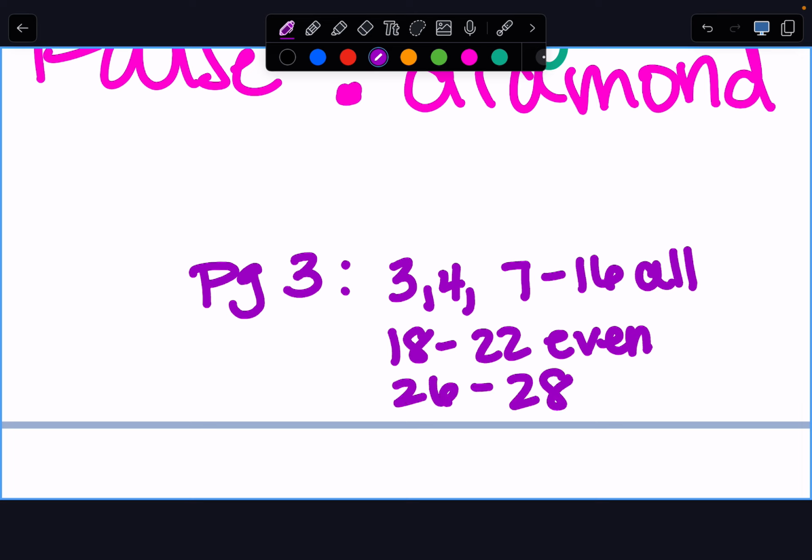It's written up on the board, on the sideboard, on the front board. If you don't have enough room, you can use a separate sheet of paper, or you can circle the problems in your notebook. So the only ones that you're doing